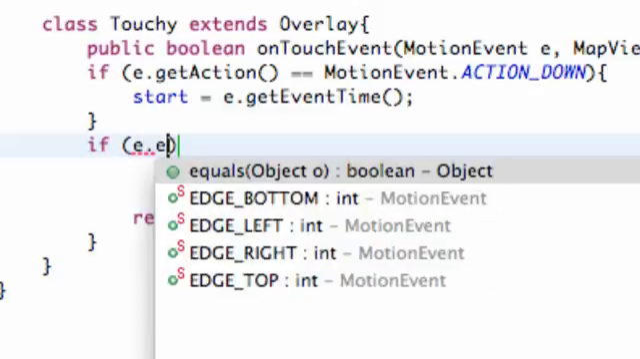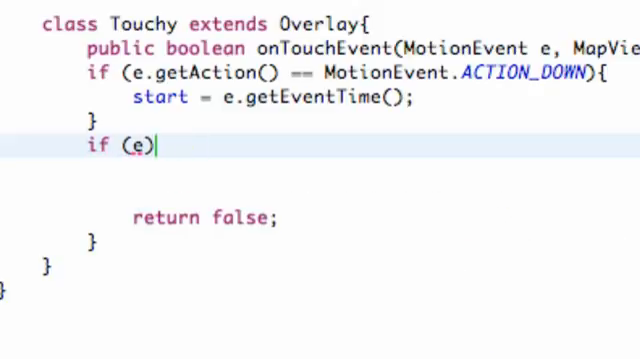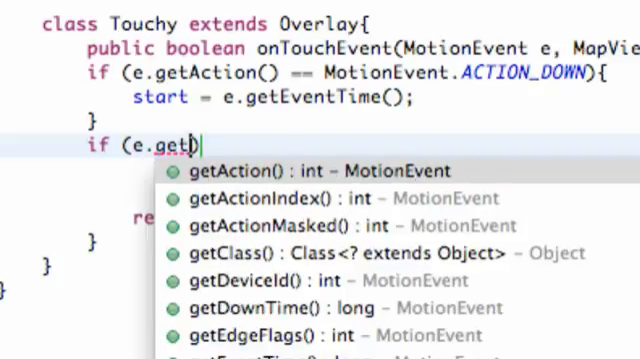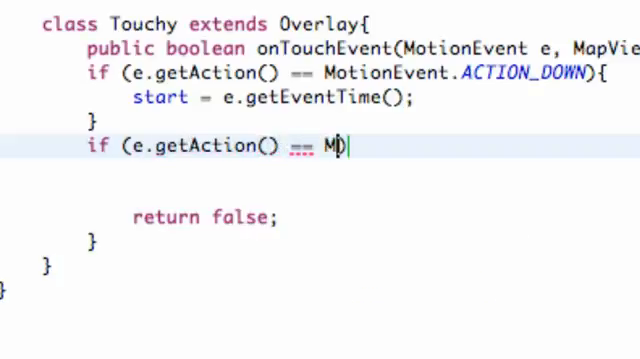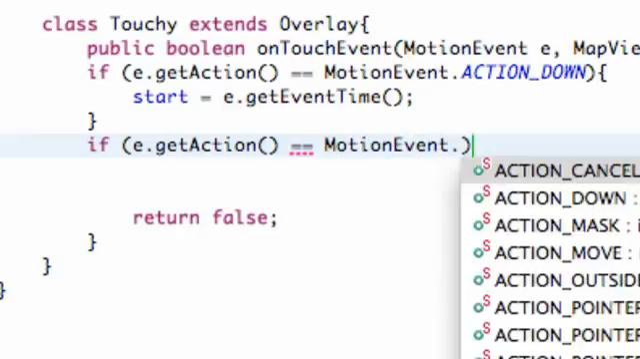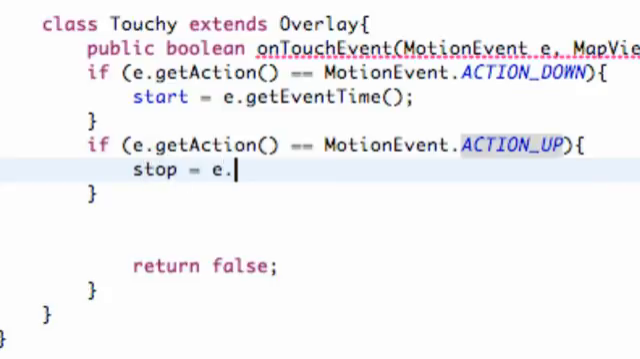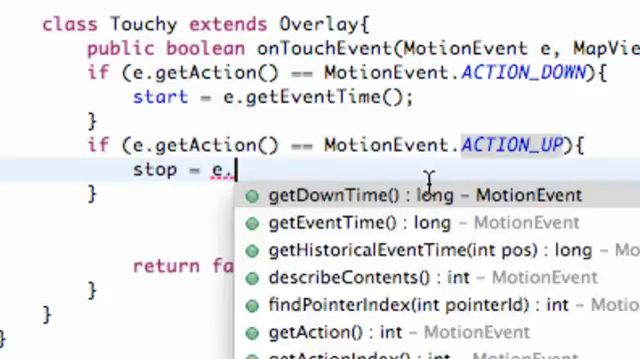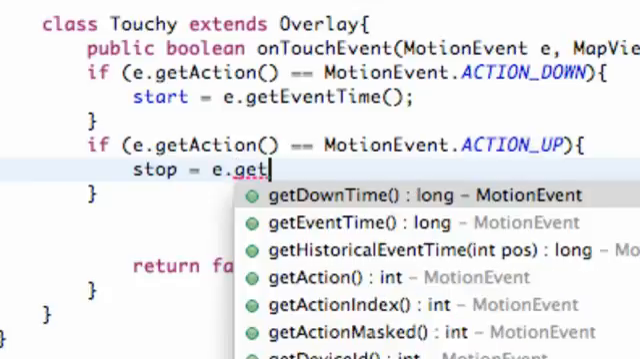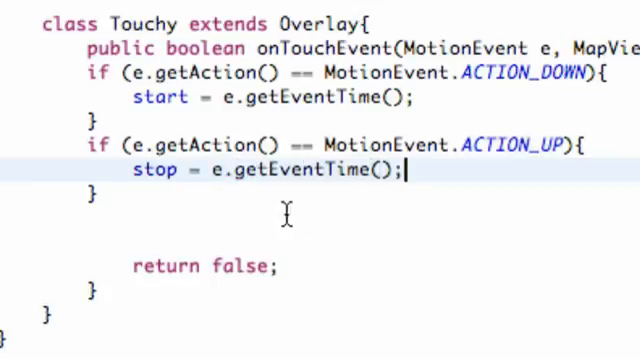So we're going to say if e.getAction equals MotionEvent.ACTION_UP. Alright, right there. So now when we release, we're going to set up our ending point. We're just going to say stop is equal to, again, our event when this event happens, action up happens, dot getEventTime. And lastly, all we're going to do is subtract this time from this time,